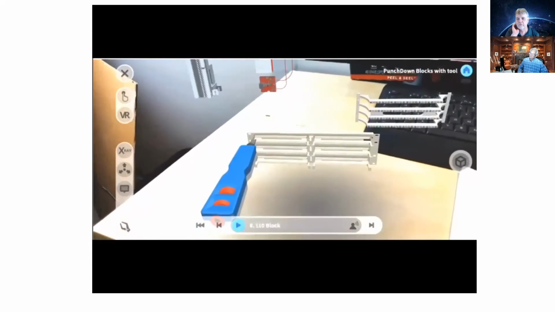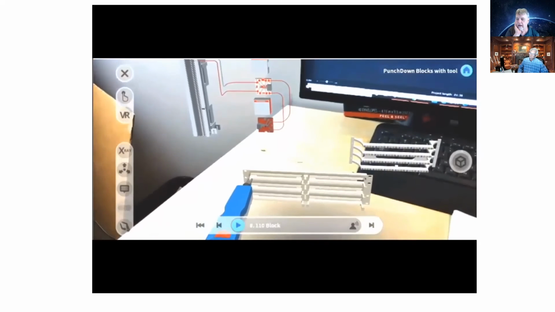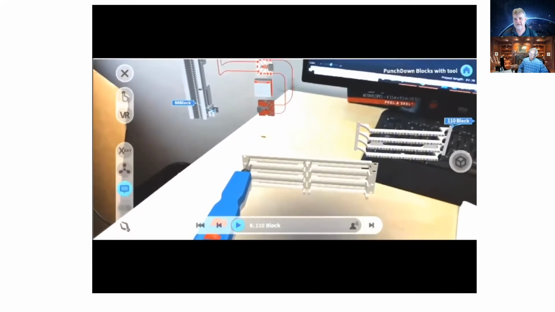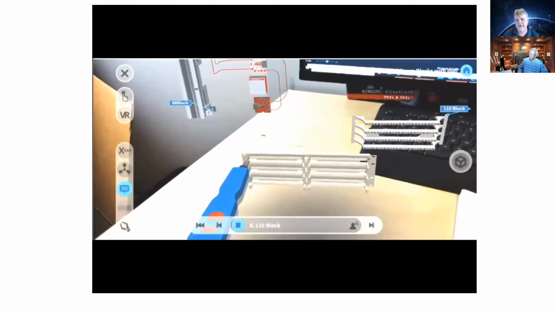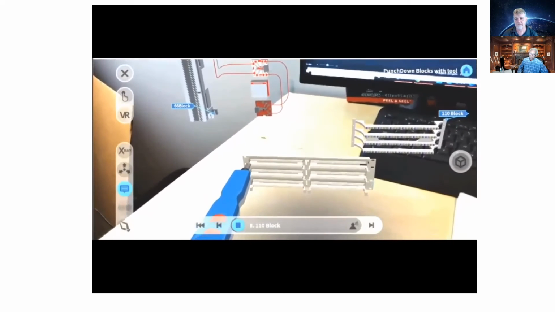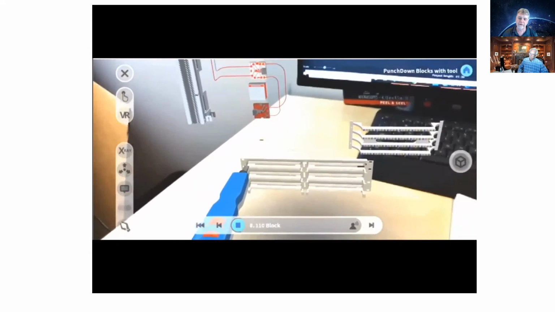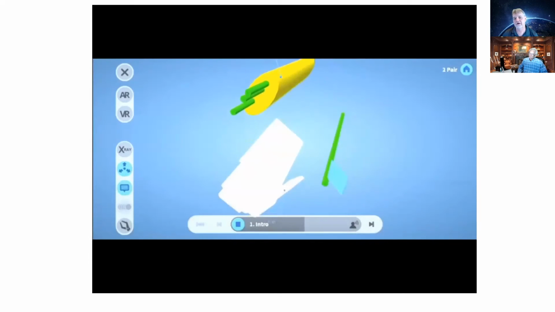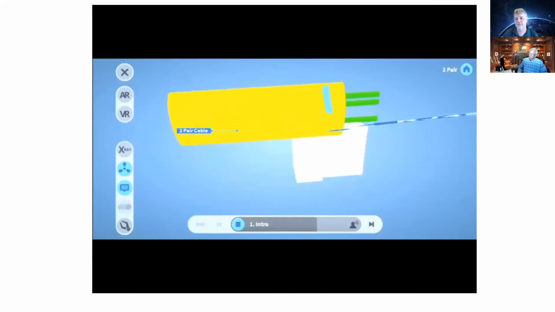I cut the snippet short of the video, but it was really cool when you could see the real world and then have that overlaid with the virtual world, and you can get a sense of size and scale as you work with it. And I think where you can zoom these items up larger and work with them and manipulate them in different ways. This is another example of how you can share a connector with students in a large scale kind of way that's hard to see when you have several students with it.